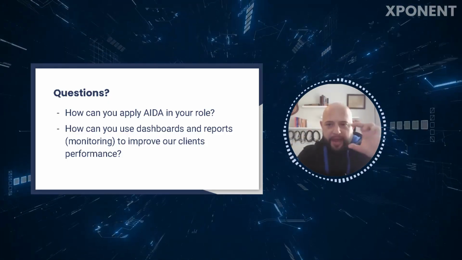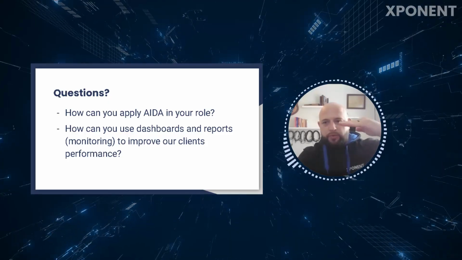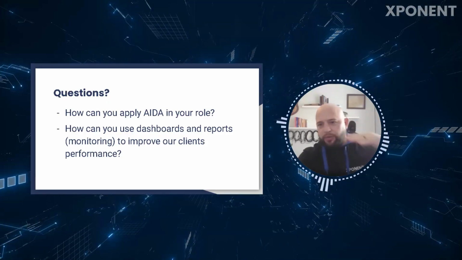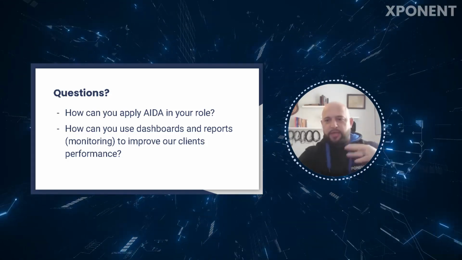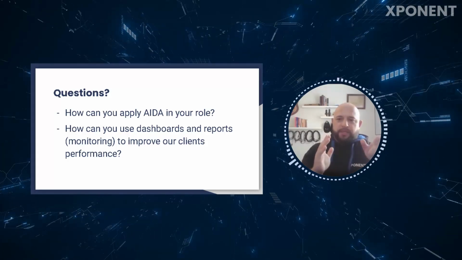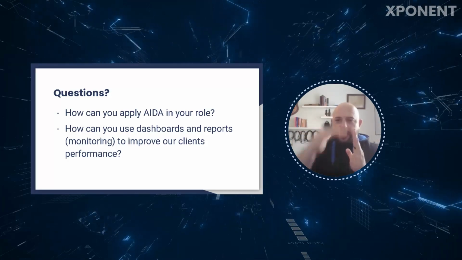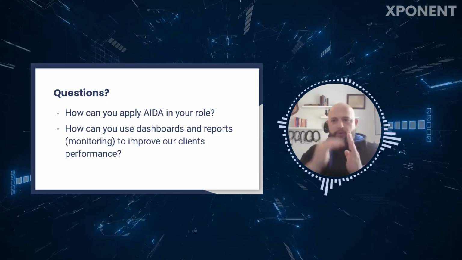So in your ad, you're going to have the AIDA model, as in you've got your heading 1, then you've got your heading 2, then you've got your call out, then you've got your extension. And you can apply AIDA to that. But now in the macro sense, let's take the website, which would be the next step. If they click on the ad, they get to the landing page. There you've got AIDA again in the landing page or in the blog post or whatever it is that you're promoting.